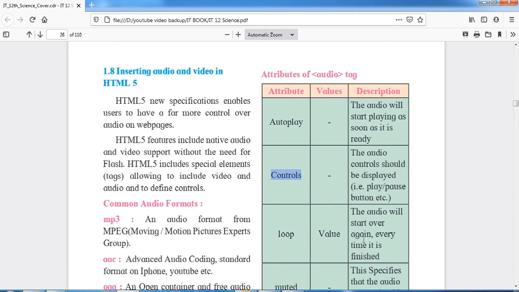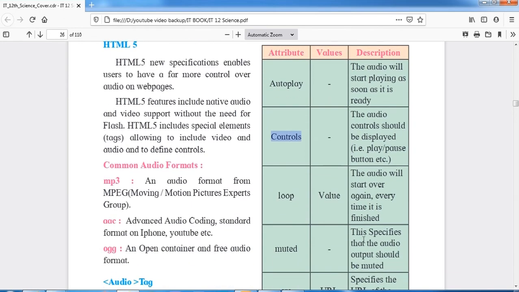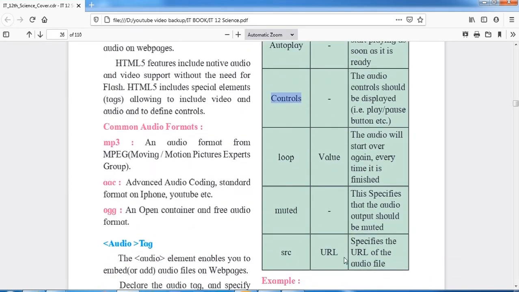Loop is how many times you want to repeat that audio. Muted specifies that the audio output should be muted. If you want the audio muted, then you can use this muted attribute.